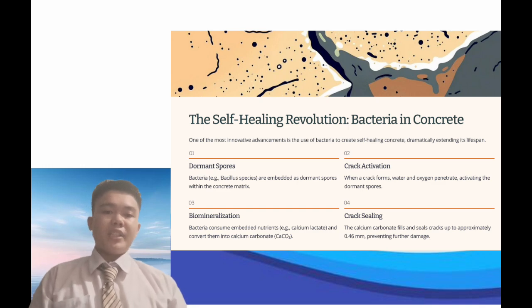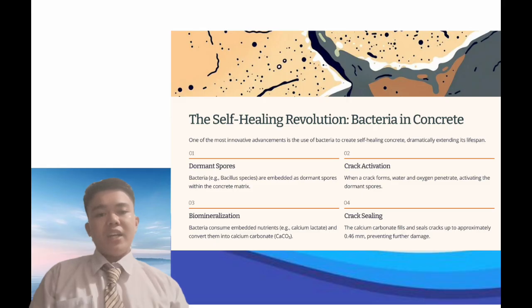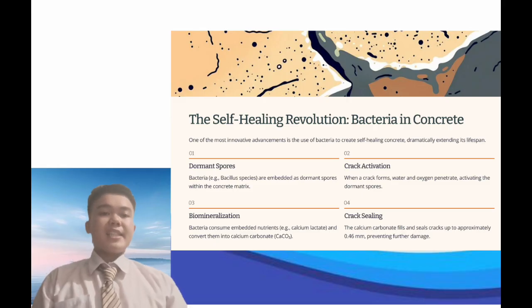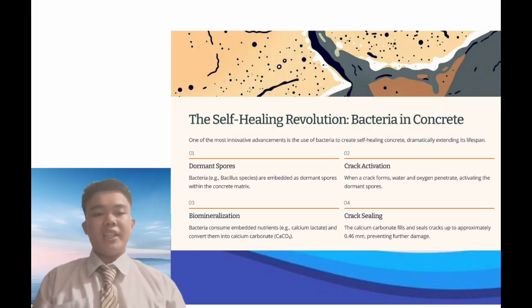These calcium carbonate crystals gradually grow and fill the crack, effectively sealing it from the inside. Through this process, the bacteria turn a simple nutrient into a strong, rock-like material that restores the concrete's structural integrity